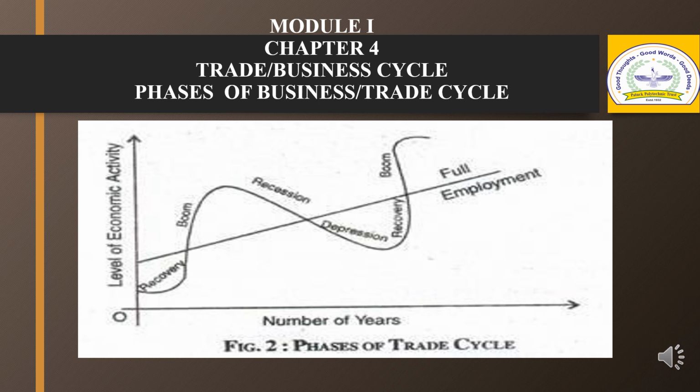The second phase I am going to explain is known as recession. Now, what do we mean by recession here? That will be your second phase. Recession is a period of contraction or slowing down of economic activity. This phase begins when the downward process in the growth rate becomes rapid and output, employment, prices, etc. register a decline. The growth rate may still remain above the steady growth line. Recession is generally of short duration.